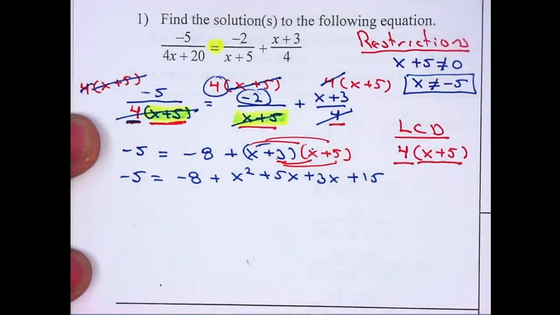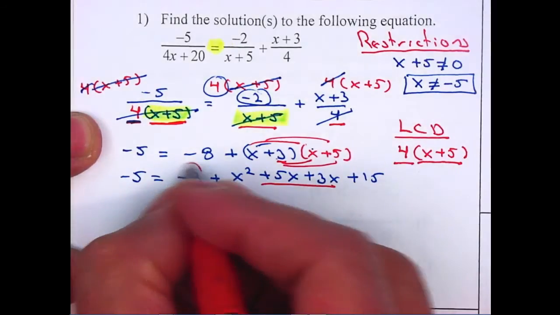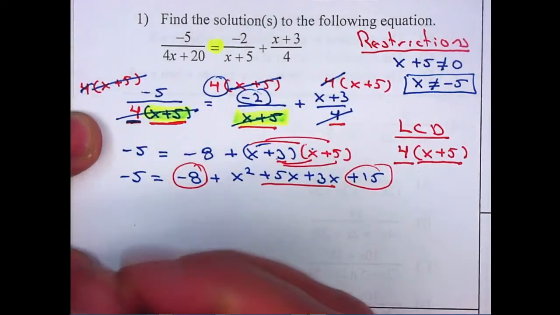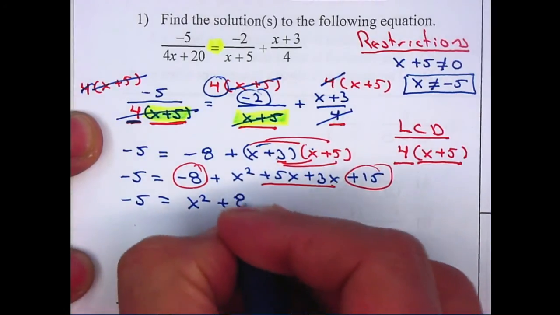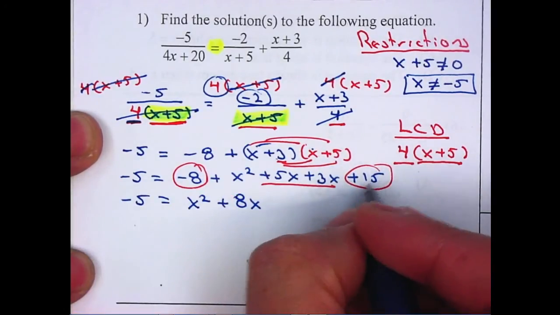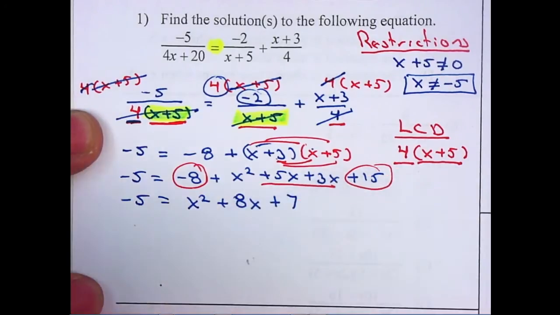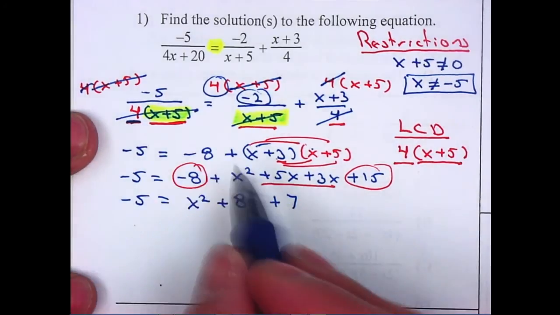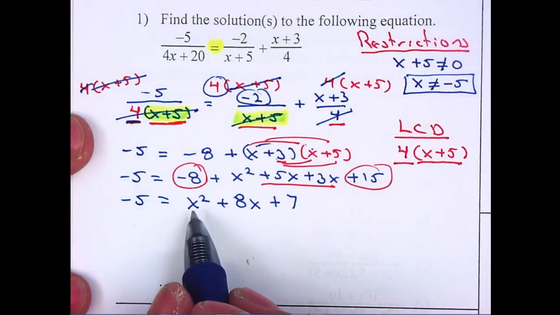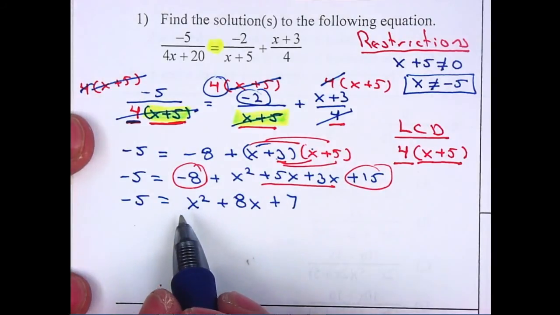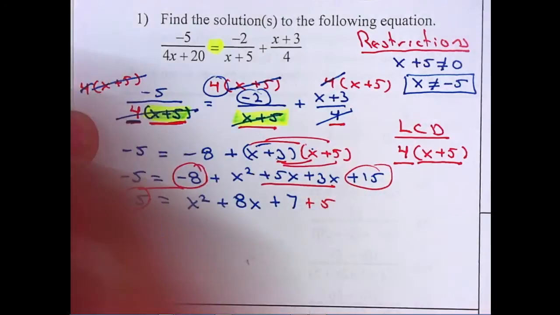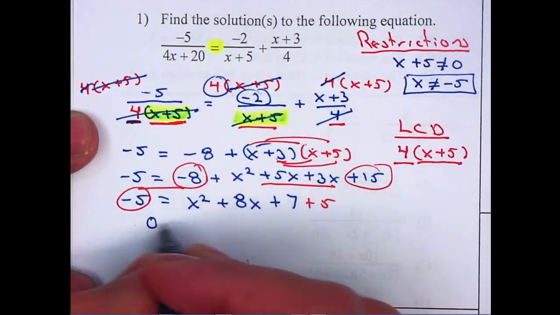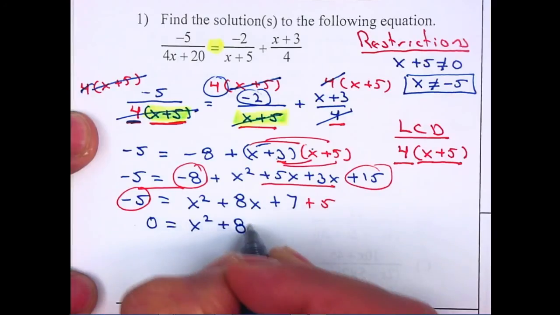Now I'm going to combine like terms. I'm going to combine the 5x and the 3x. I'm also going to combine the negative 8 and the positive 15. I have negative 5 is equal to x squared, that gives me positive 8x. Negative 8 plus 15 gives me positive 7. Now that I simplified the right hand side, I notice I have a quadratic equation. Whenever you have a quadratic equation, you want to make it equal to 0. I'm going to bring my negative 5 to the right, becomes a positive 5. I have 0 is equal to x squared plus 8x